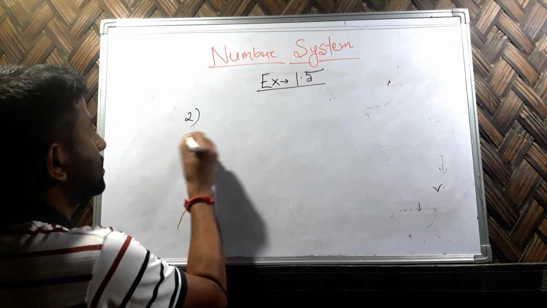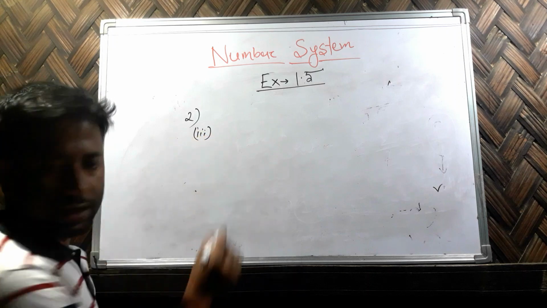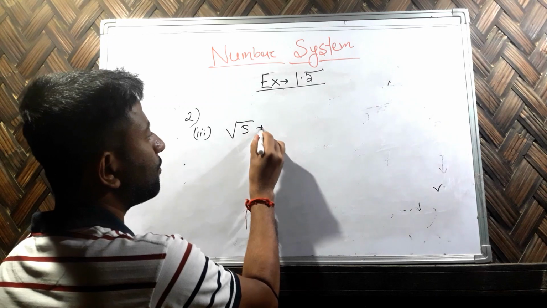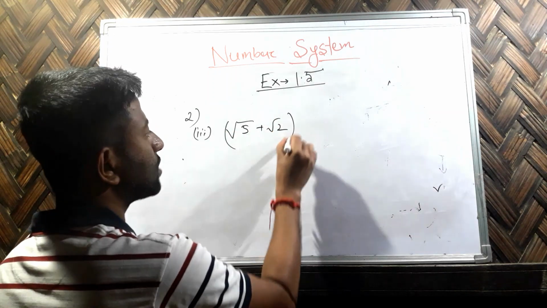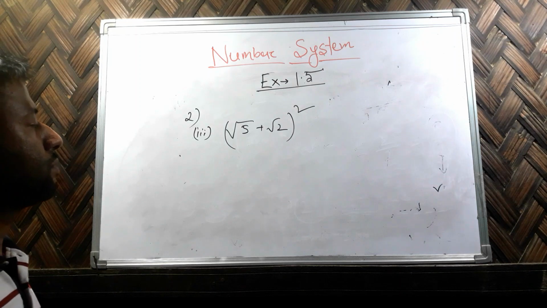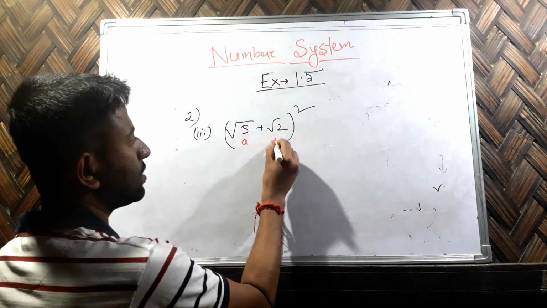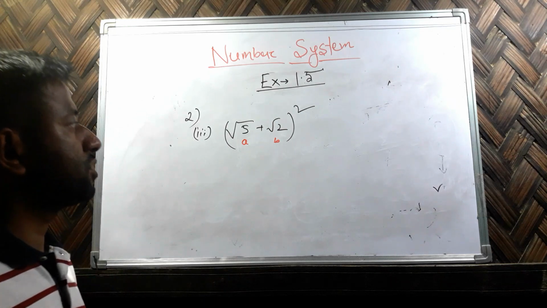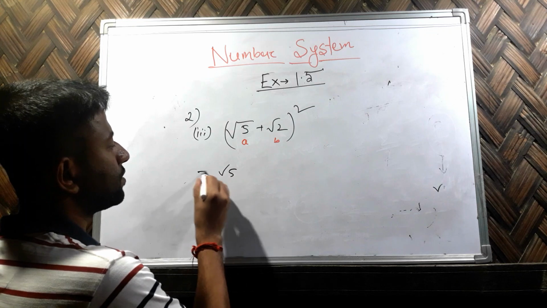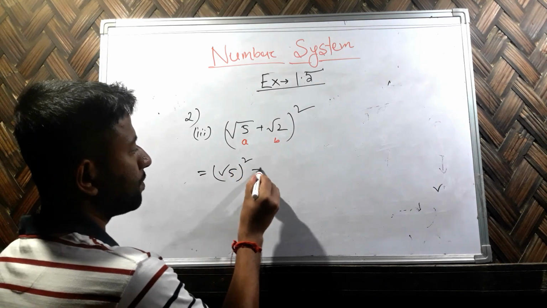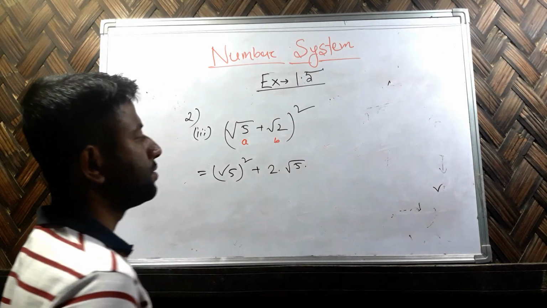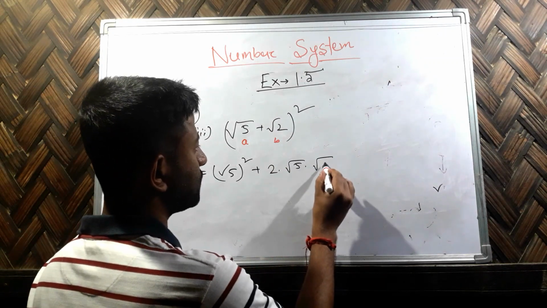जैसे कि मैं क्वेश्चन नंबर 2 का एक रैंडम नंबर उठा रहा हूँ, जैसे कि क्वेश्चन 3 में क्या बताया गया है, √5 प्लस √2 उसका होल स्क्वायर। सो इसे सिंपली मैं क्या बता सकता हूँ, ये a प्लस b का होल स्क्वायर का फॉर्मूला होगा। सपोज दिस इज a, दिस इज b, तो व्हाट इज द फॉर्मूला, a स्क्वायर प्लस 2ab प्लस b स्क्वायर। सो ये वाला टर्म क्या हो जाएगा, √5 स्क्वायर प्लस 2 इंटू a मीन्स √5, अगेन b मीन्स √2